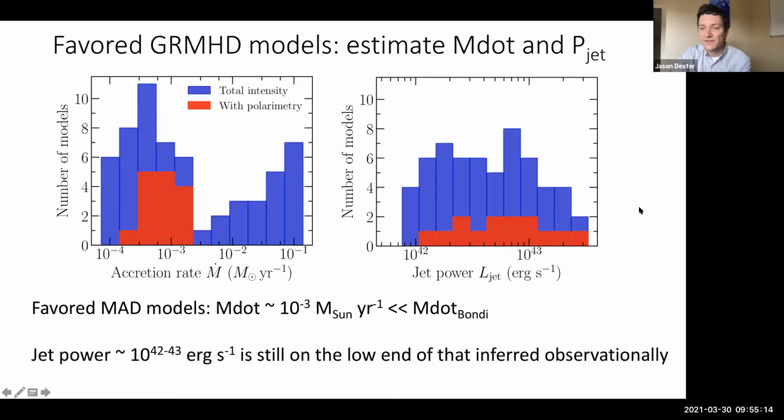Okay, and there's a lot of interesting future work or things that should be done. It's an exciting time for this. I just want to mention one, which is that the jet power that we get from the models that we have that work, still it spans the full range that we have available, but it's still sort of towards the low end of what is measured on larger scales from M87's jet. So there's still possibly an interesting issue to study more there.